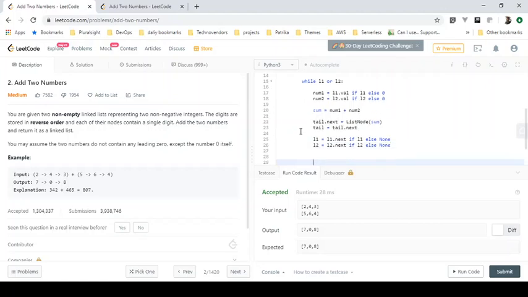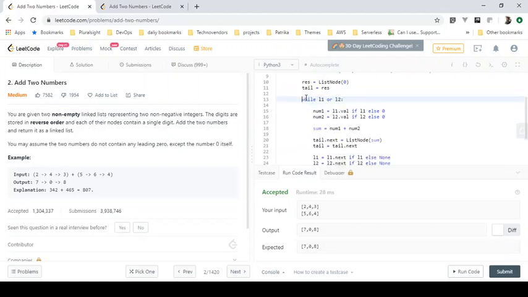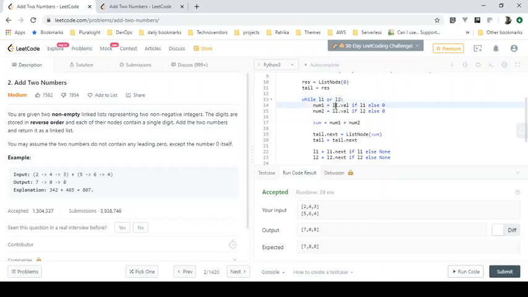Now we are just doing the sum. If we iterate through this linked list, we have done 2 and 5 equals 7. We checked that L1 is not None and L2 is not None, so it is true, and L1's value is 2 and L2's value is 5.